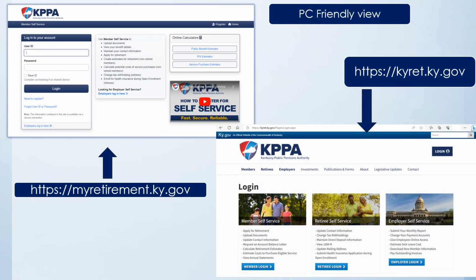KPPA's Member Self-Service site is a convenient and comprehensive tool that allows users to access their account information at any time. Once registered, active and retired members have 24-hour access to their account information on a mobile, tablet, or PC-friendly format. To reach Member Self-Service, a user can navigate to